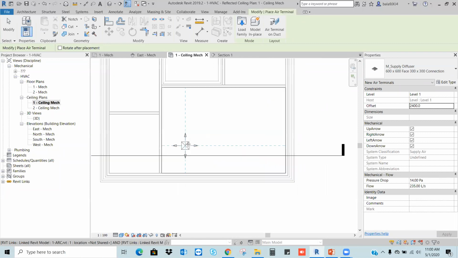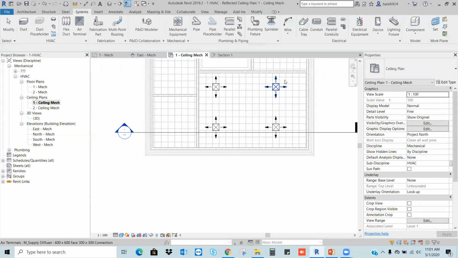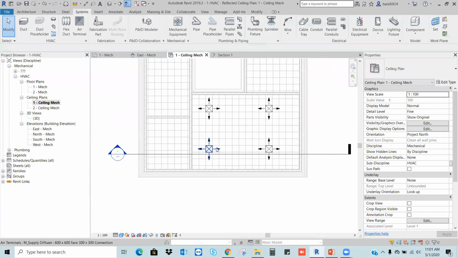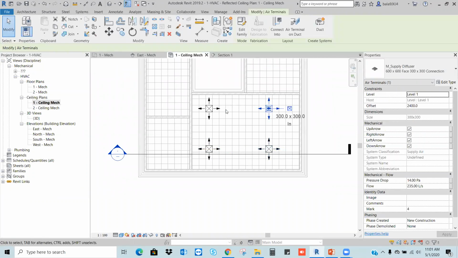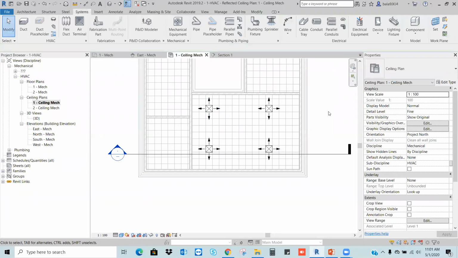To place the diffusers, I'm using this grid. Let's say now I'm going to place one diffuser here, and another diffuser somewhere here. Opposite this direction, I'm going to use one more diffuser. We have the mechanism to place diffusers too, but at the moment I'm just explaining according to Revit. This is the supply diffuser, so I can distribute my air properly to the room.